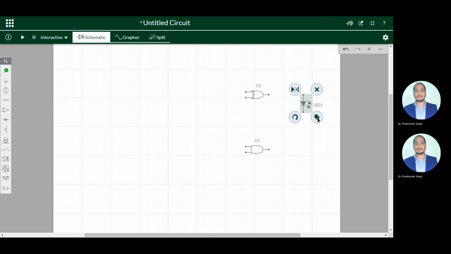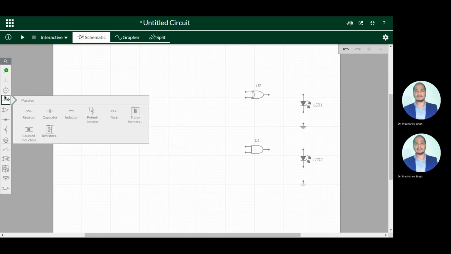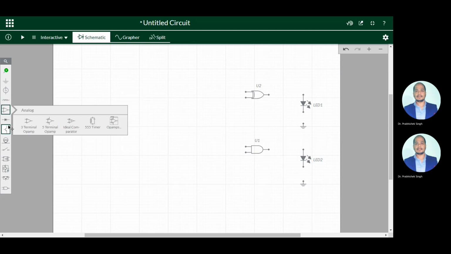Also we need one more LED for the output of AND, and we have to ground this LED. So we need one ground. We have to give the input, since we have seen that there are two inputs A and B. So we have to take a switch.